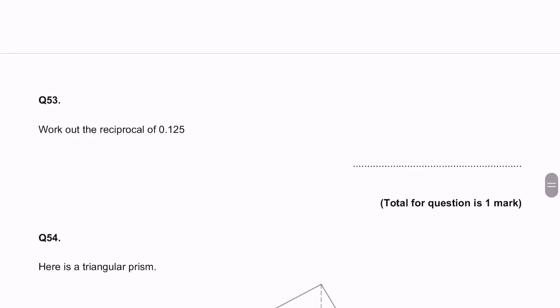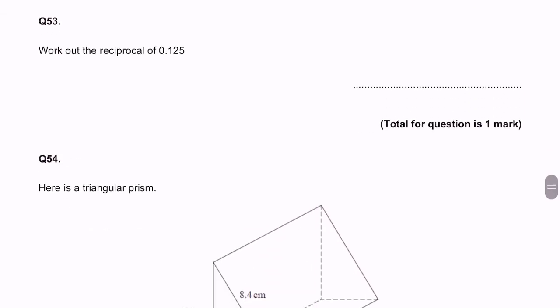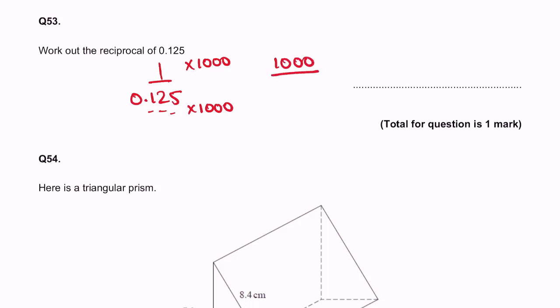3 easy marks. Work out the reciprocal of 0.125. So reciprocal is 1 over 0.125. Now because of the decimal there, we need to get rid of the decimal, so we multiply by 1000. Multiply the top by 1000 as well. And that will give us 1000 over